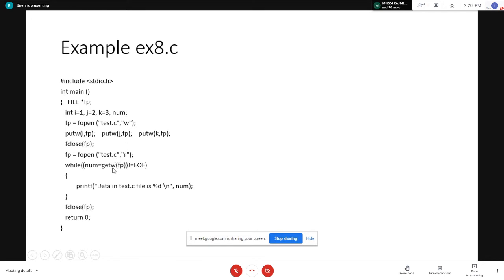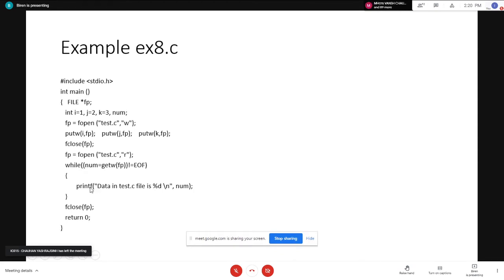That integer will be stored inside num. Now if that integer is not equal to EOF, the end of file character, the compiler will enter the body of the while loop. If that integer is equal to EOF, the compiler skips execution of the while loop.